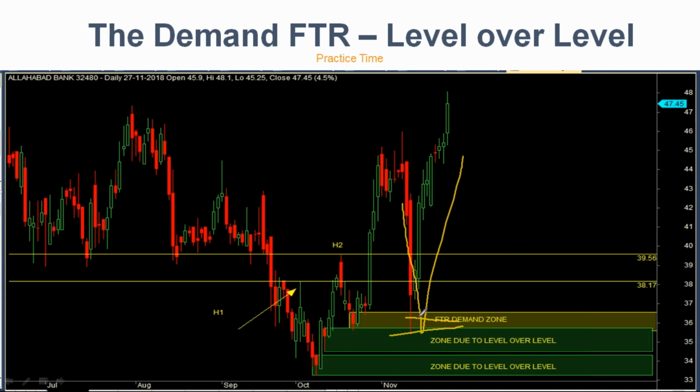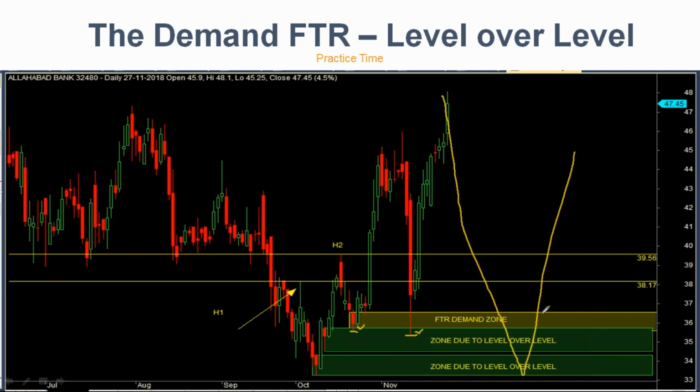If you ask me personally, this is a zone, no, this is a level over level. This time, remember, watch this properly. I will show something really interesting to you people. Now Pratik, Pravinji, all your questions will get answered here. Can you see this, friends, where price stopped? Can you guess that this price stopped a little below that? This is a low, this is a lower low, a bit low, 0.1, 0.2, yes or no? So next time price comes, definitely it can pierce, it can even come to this bottom zone. I don't care, I'm waiting here to play a trade.